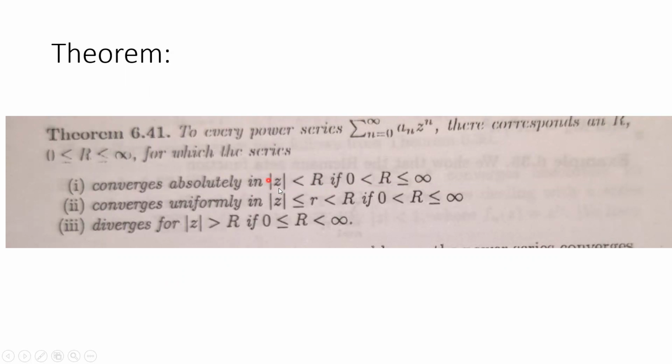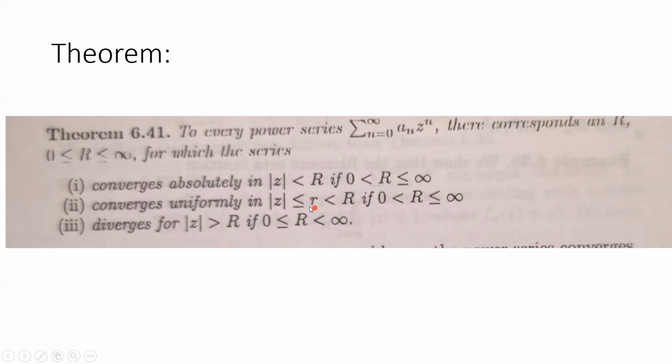So this is basically a circular disk centered at origin with radius R. In this circular disk, this power series converges, and this convergence is absolute convergence. As you know, absolute convergence means the summation of modulus of a n into z to the power n converges. Number 2 says that it converges uniformly in mod z less than or equal to some small r